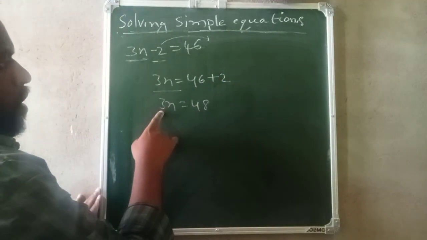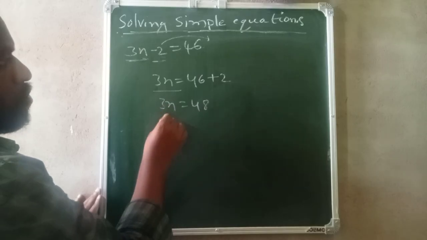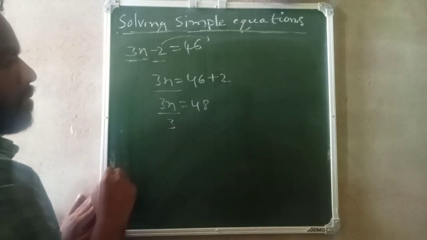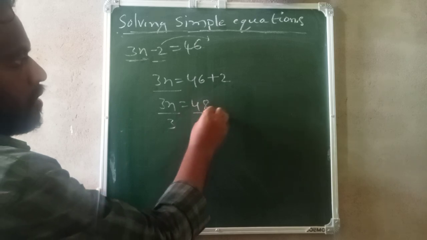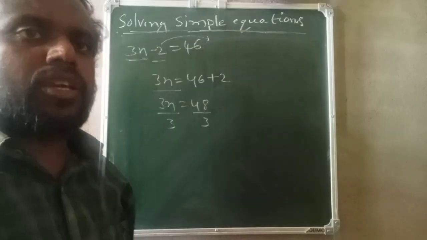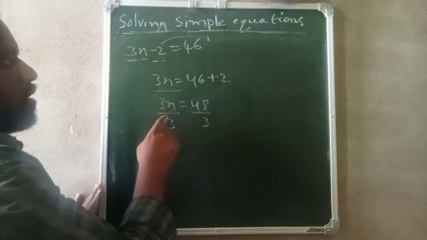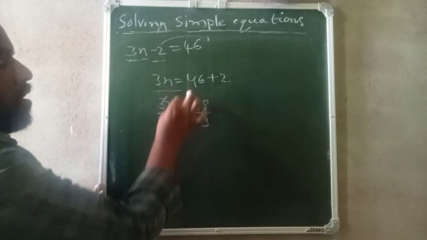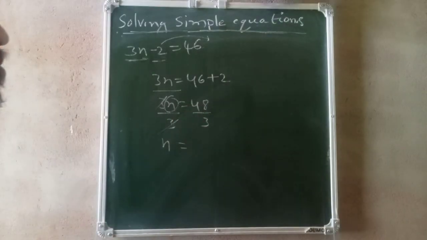So we want n, we don't want 3, because 3n is 3 into n, your into is there, so divide by the same 3, because we have to remove it. But when you divide this by 3, you have to divide this by 3 also. You have to divide both sides by the same number 3, otherwise the equation will become wrong. Now because of into here, 3 into n, after 3 into is there, so we can cancel 3. So what is left? n is equal to, now